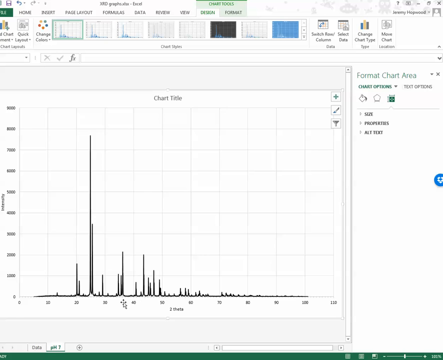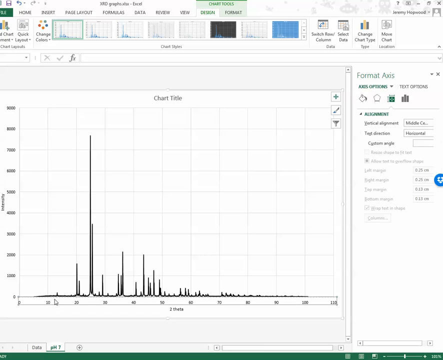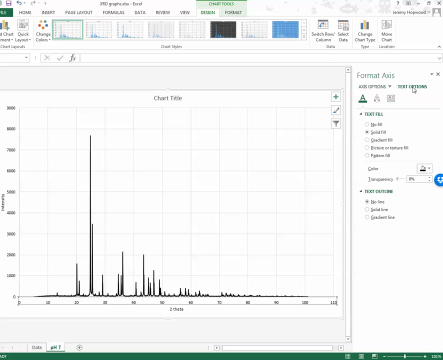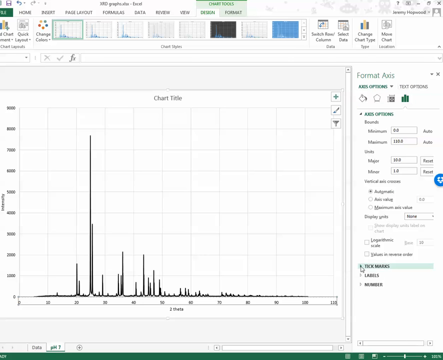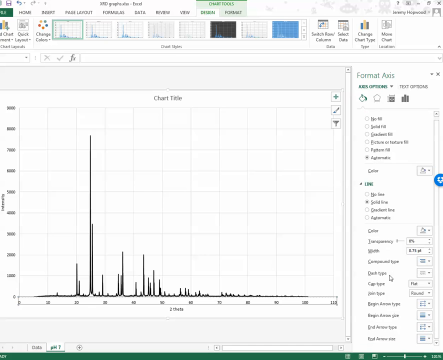And if you look very carefully, you can't really see the tick marks because they're in grey. For some reason my computer's defaulting to grey all the time. So on the tick marks, axis options, tick marks needs to be grey, and I can't see, maybe this one, line, solid line, let's take it to, there we go. And so that's now nicely solid line, and tick marks are all in black and white, and this is your